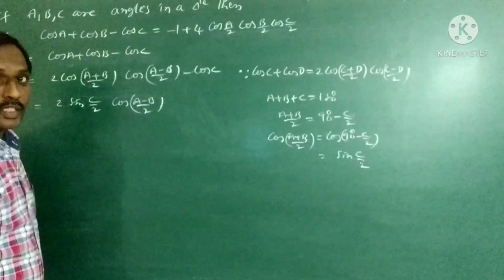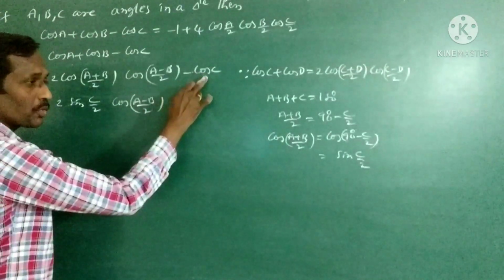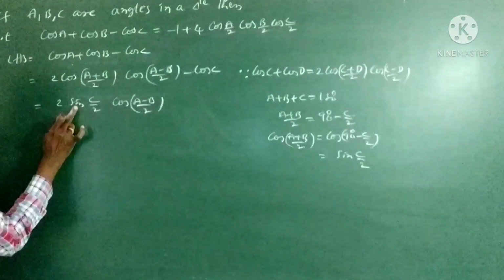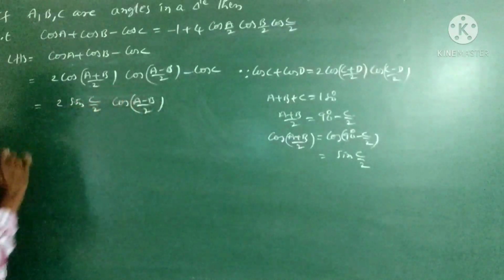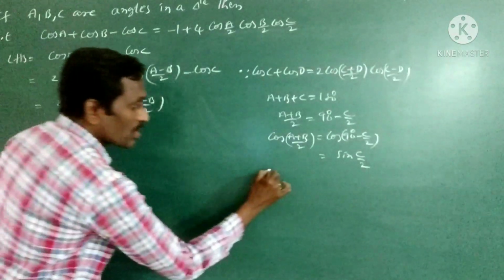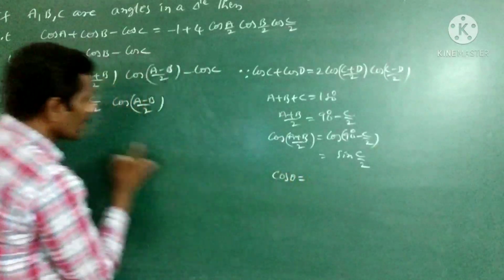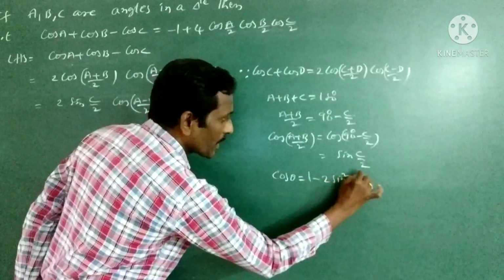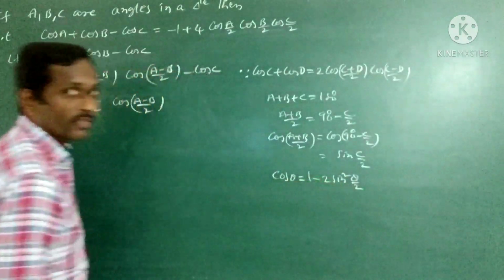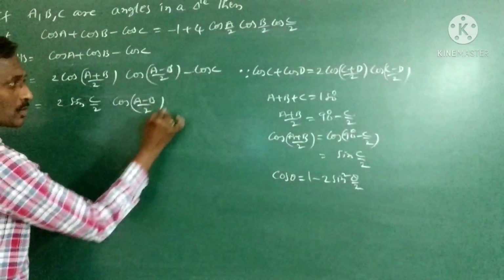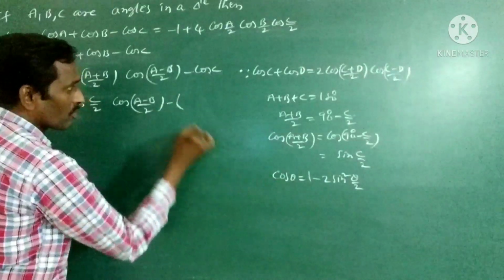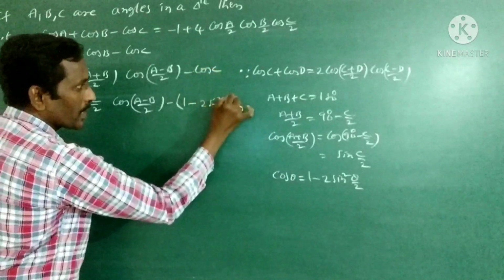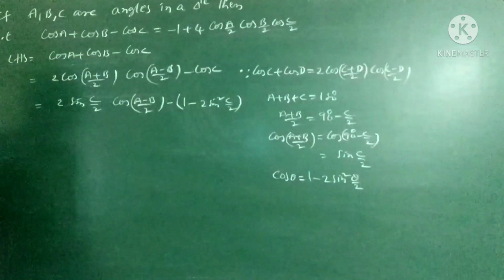Here we have to write the 2 theta formula. So this formula we have to write. We have to do two formulas for the cos function. Whatever the function you will get, that related formula we have to write. So what is the cos theta formula in terms of the sin function? 1 minus 2 sin square theta by 2, because theta is half of the angle you will get. So C: minus of 1 minus 2 sin square C by 2, it is the value.